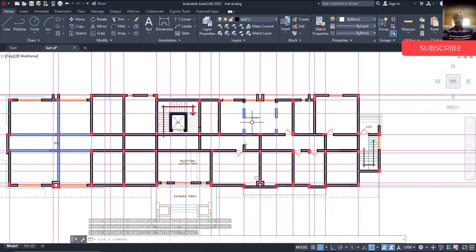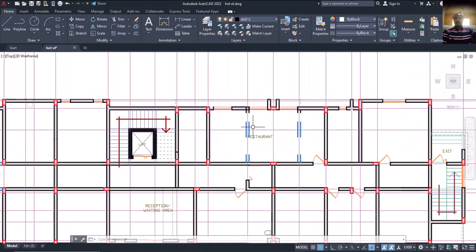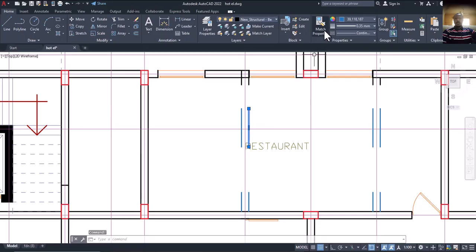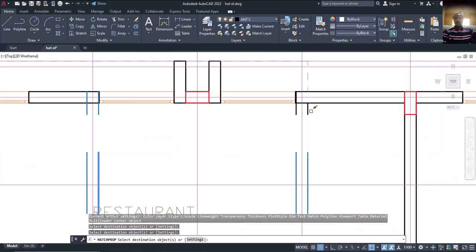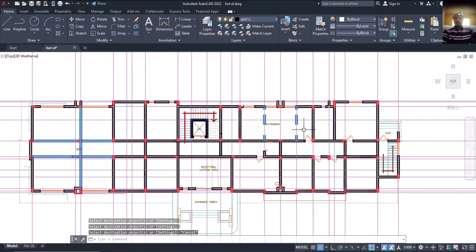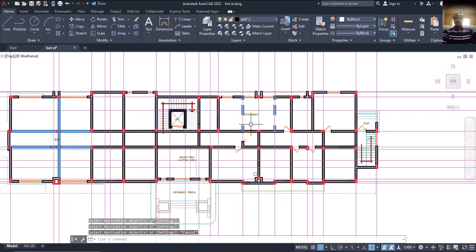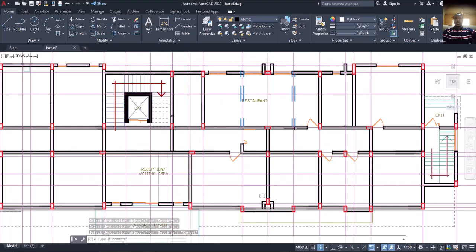Is that okay? Doing the design. So I know what I've done here. Is that okay? So also match the property from here to this point here, to this point here, this one here. That's fine. Okay. So you can decide to put a column here and a column here,